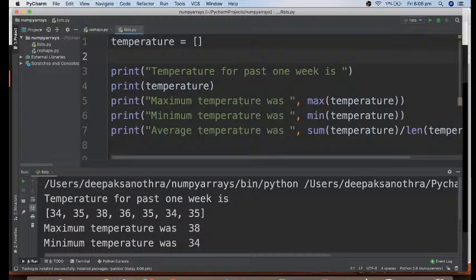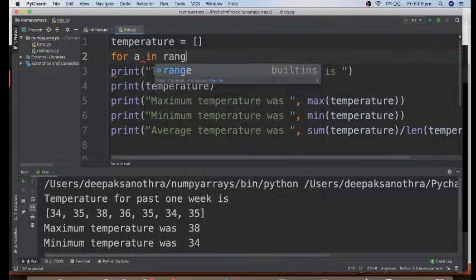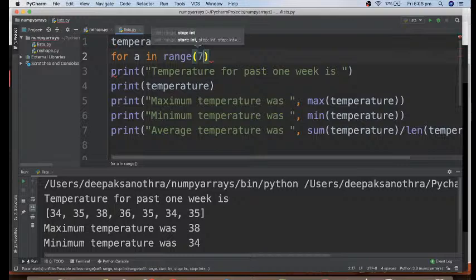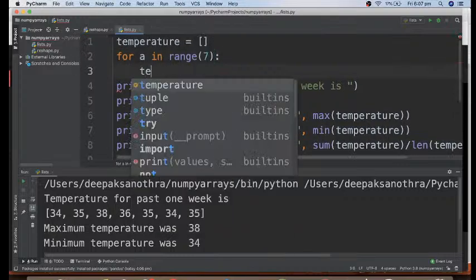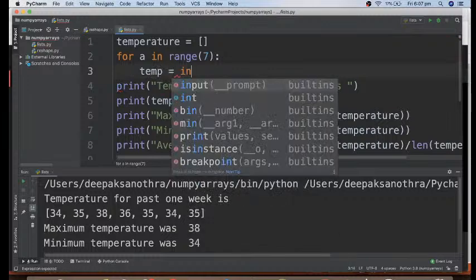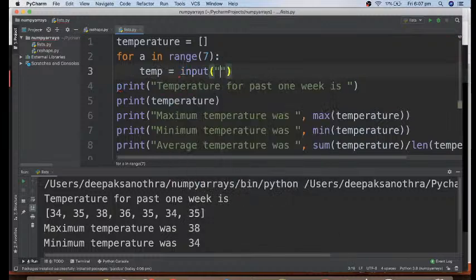Now what we have to do is put the temperatures in it. And I know I have to take temperature for a week. That means I have to take 7 temperatures, right? So if we have to take 7 values for temperature, you can have a loop which works for 7 times. Inside that, you ask for the temperature. So input,